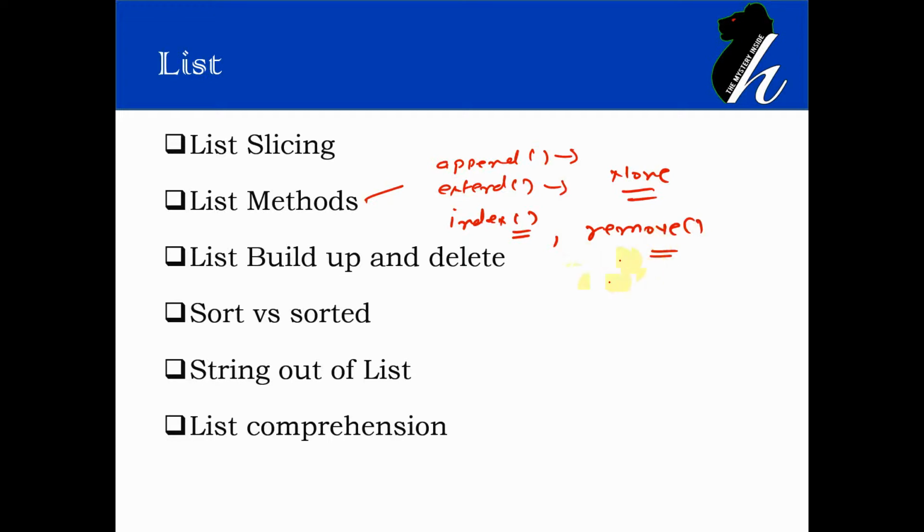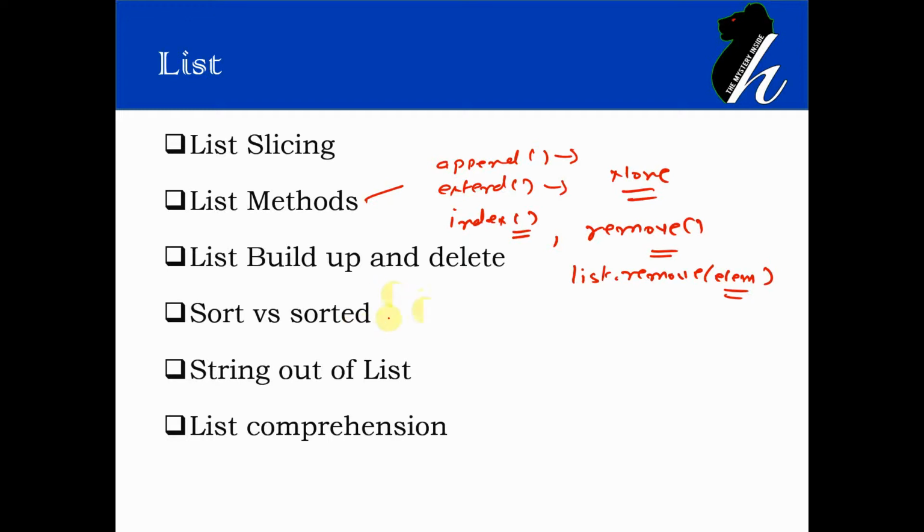So basically the syntax is list itself dot remove the element that you wanted to remove. This method searches for the first instance of the given element and removes it, and if the element that you wanted to remove from the list does not exist in the list, then it is going to throw a value error. So this is quite simple.